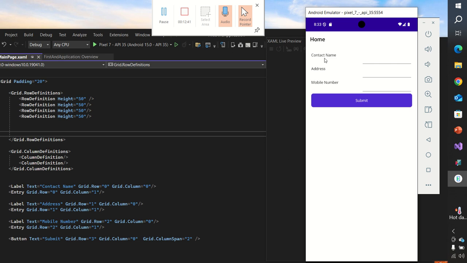Now much better. So now we have the contact name, then address, and then the mobile number,